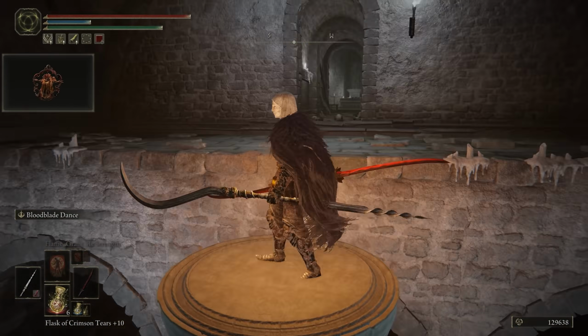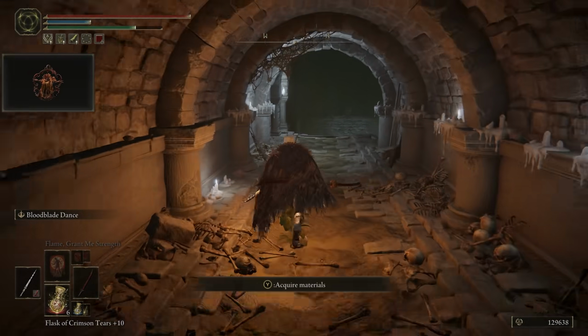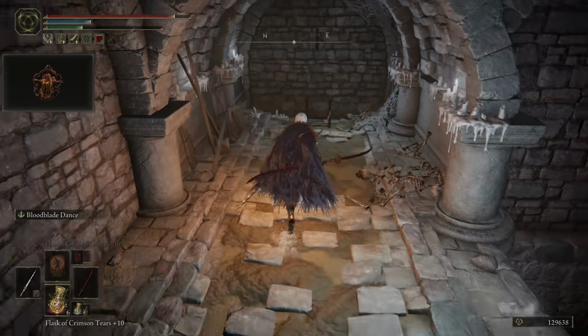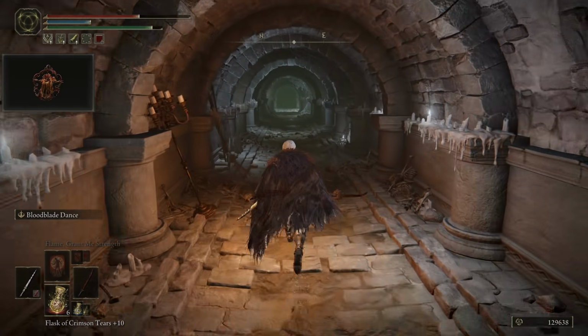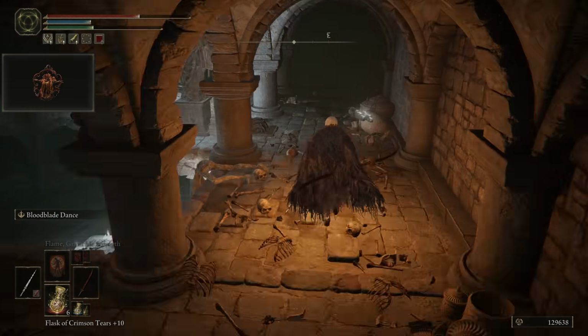Hit it, jump over it. From here you want to go forward, right here take a right. Watch out for these enemies, but you want to go down these stairs right here, and then eventually you're gonna find these ladders right here. Want to drop down, look forward this way, keep on going, take a right, and then right here you're gonna